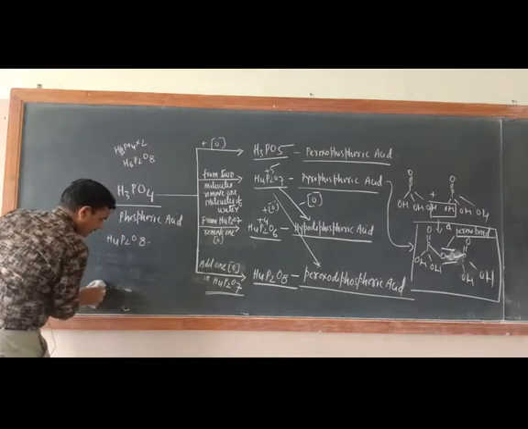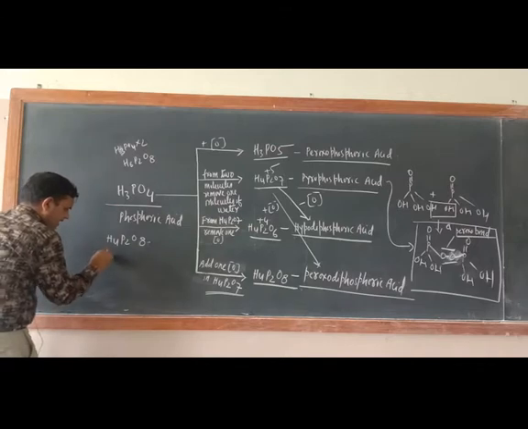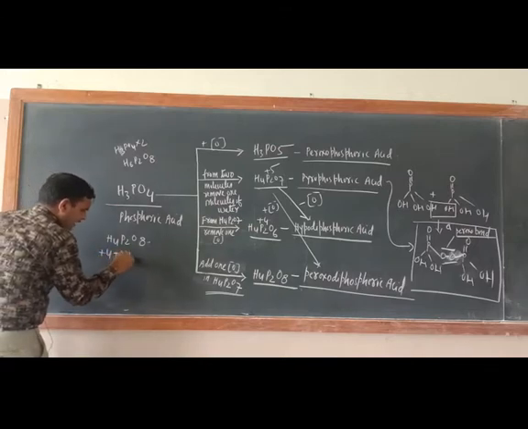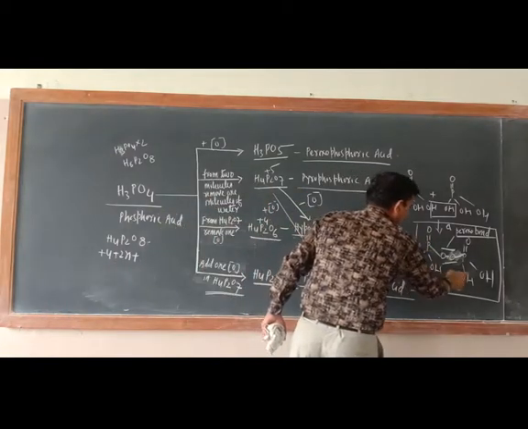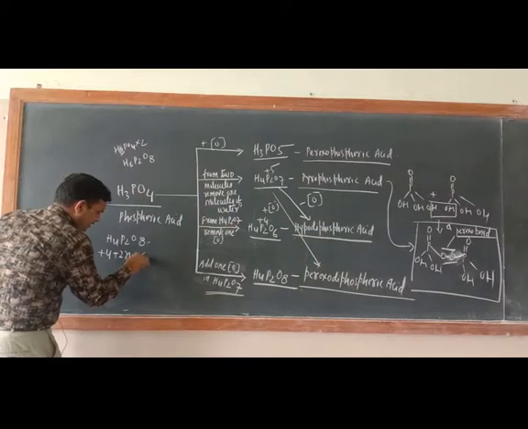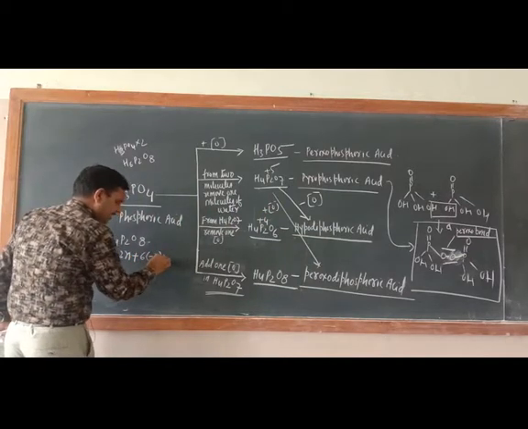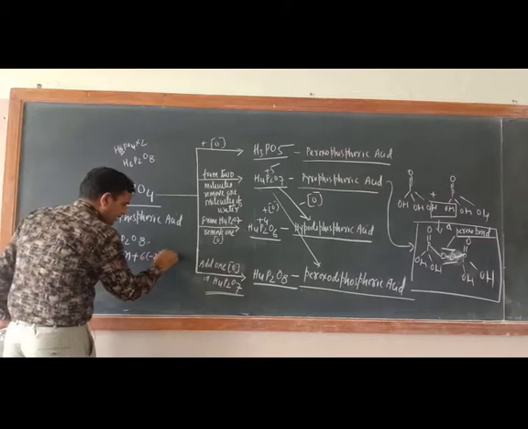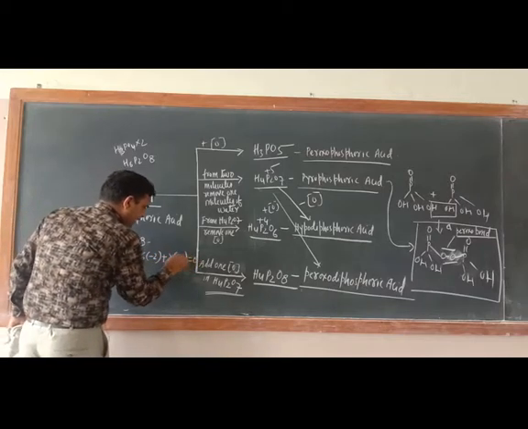Just try to understand here. This is plus 4, plus 2x, plus, just see, 6 normal oxygens. Normal oxygen means where the oxidation state is minus 2. And here, 2 oxygens are in a peroxide bond, so that is minus 1.